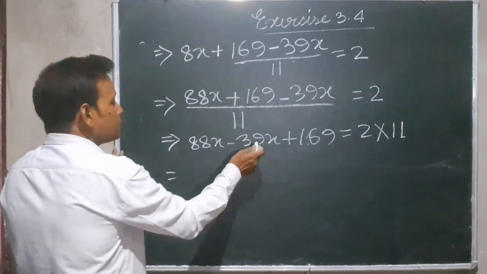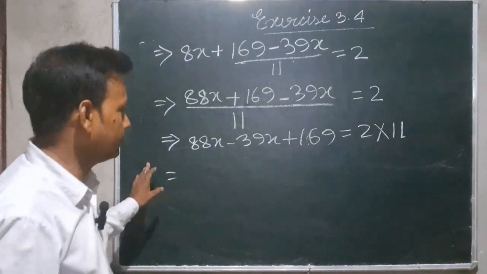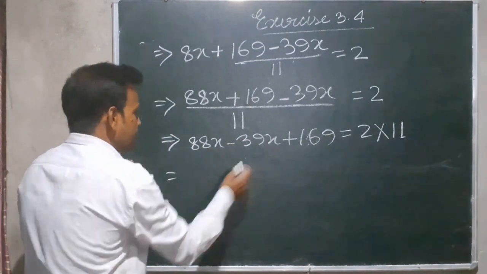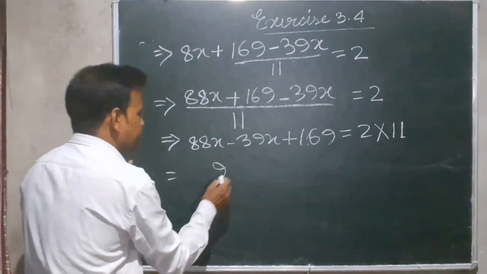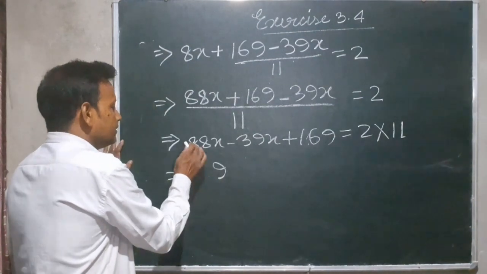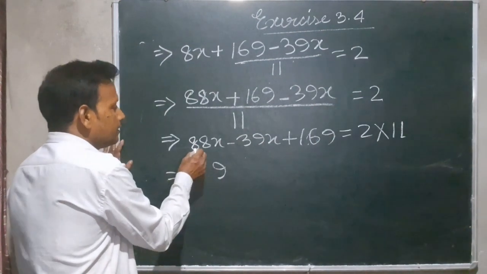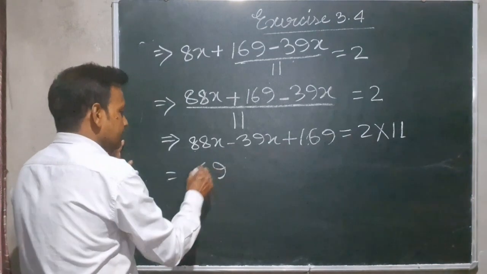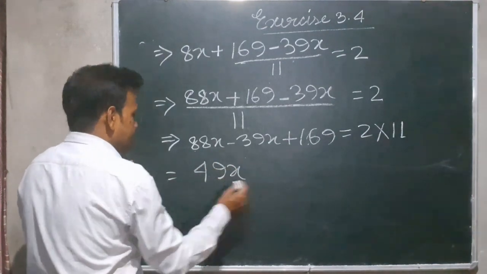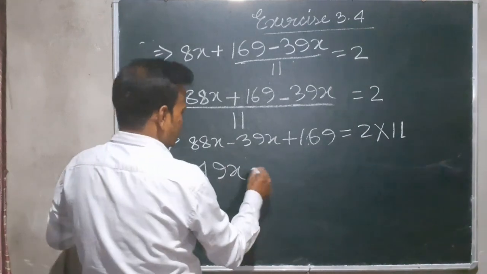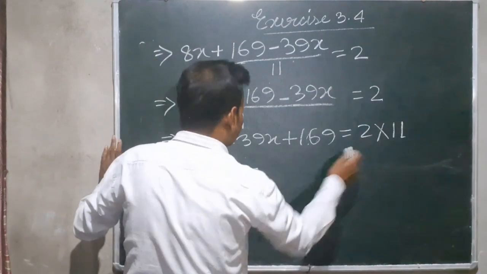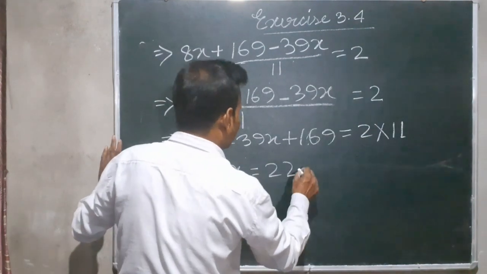From 88 we subtract 39. From 18 goes 9, remain 9. Now it has become 7. From 7 goes 3, remain 4. 49x equals 11 times 2 is 22, and we have to